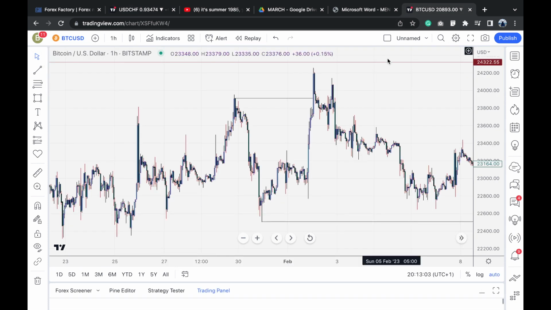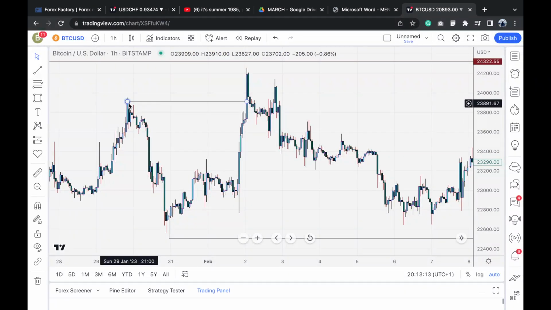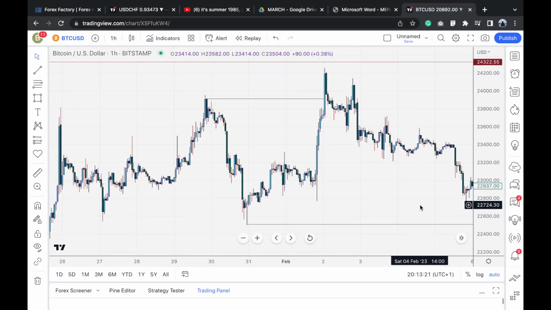Alright, so let's look at a chart of Bitcoin on the 1 hour time frame. Now if you look at this run higher on Bitcoin to this liquidity up here, it was highly inefficient. We had a highly inefficient run on Bitcoin. So this run higher is a void of liquidity, because we have thin liquidity in the marketplace to get up into this level of